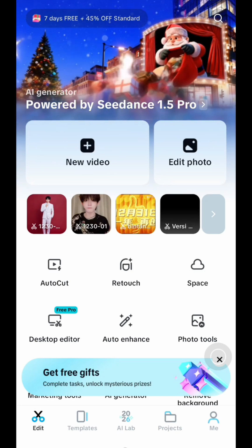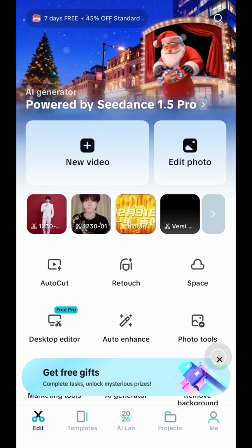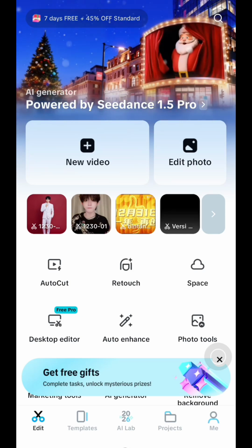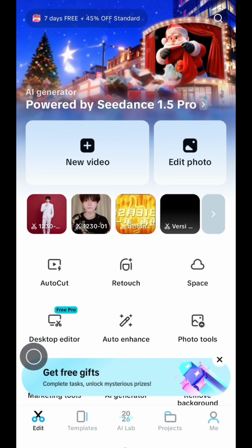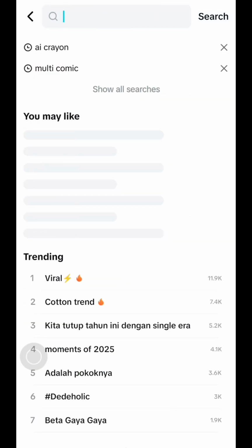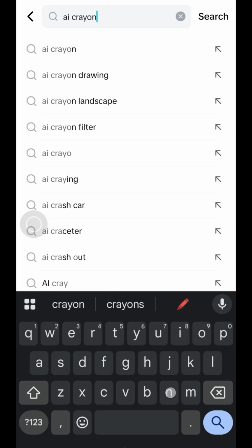Okay, let's get started. First, just open CapCut and make sure your app is updated to the latest version so all templates are available. And then next, just go to the home screen, tap on template, go to the template section, and then at the top just tap on the search bar and search for AI crayon like this,